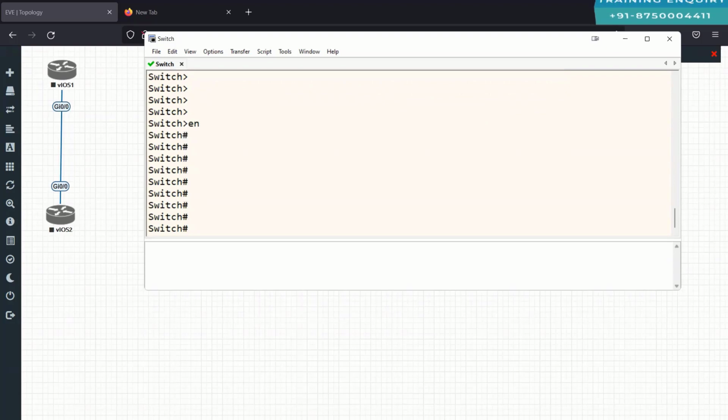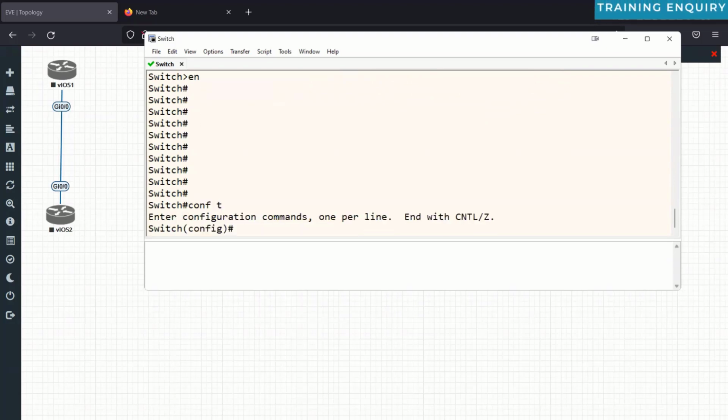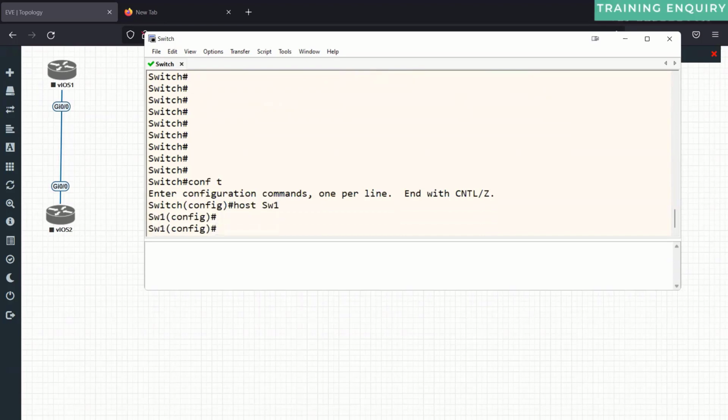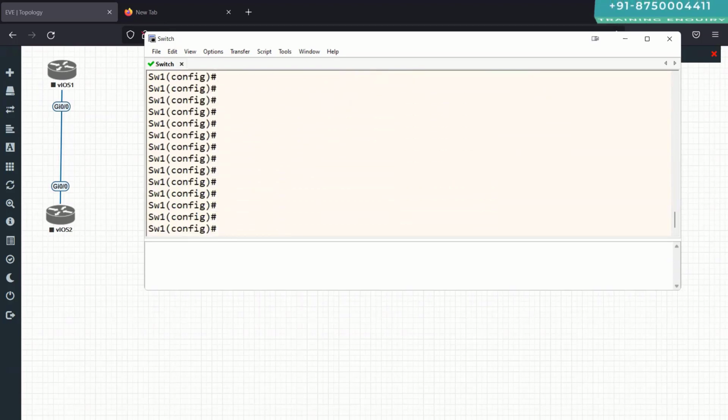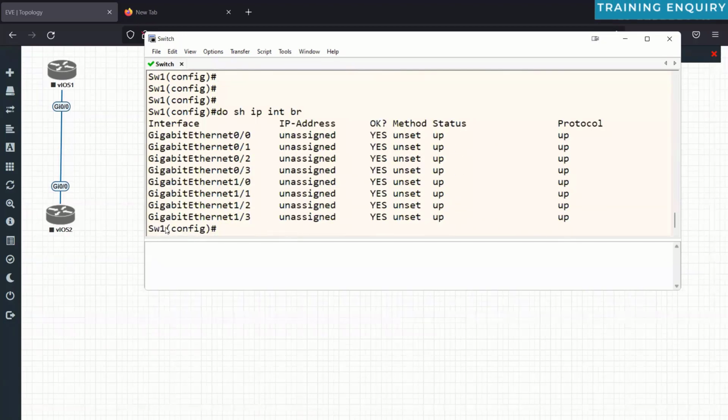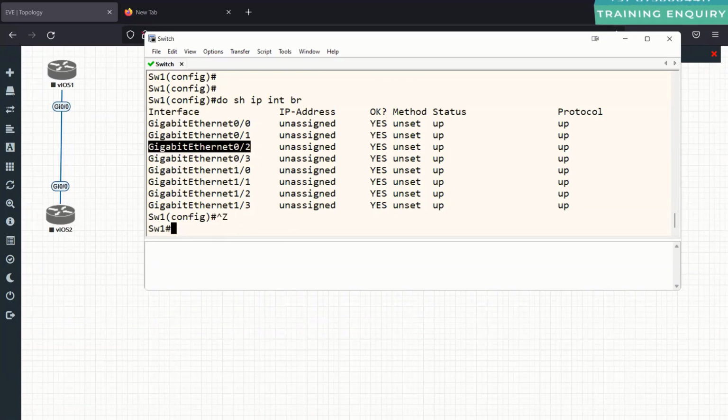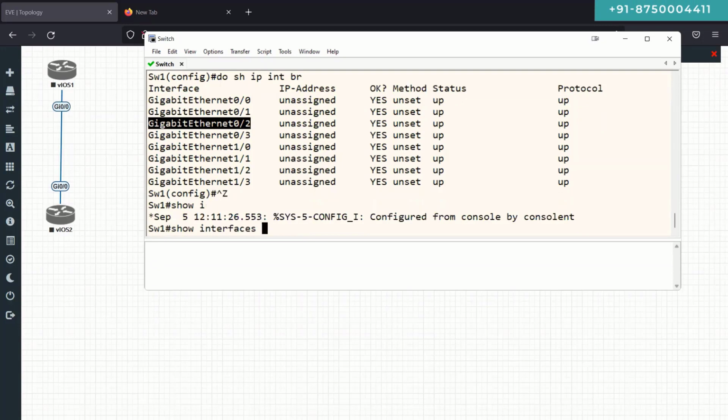Okay, so see, this is a switch. Everything is the same, like host name, switch 1, and everything. Just let me show you. Do show ip interface brief. You can see there are this many interfaces. Let me select any of these interfaces, for example, this interface. At the moment, show interfaces